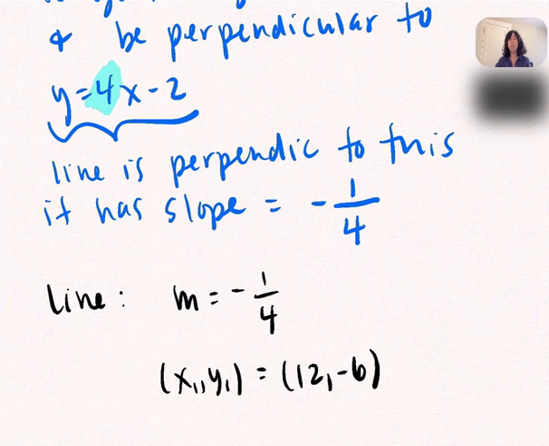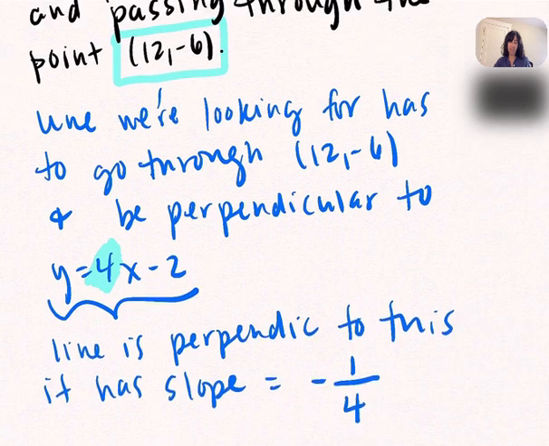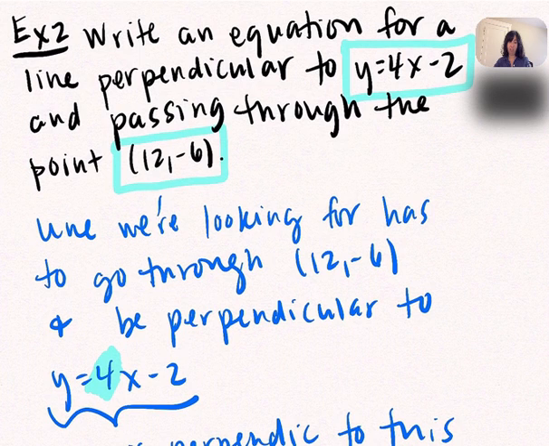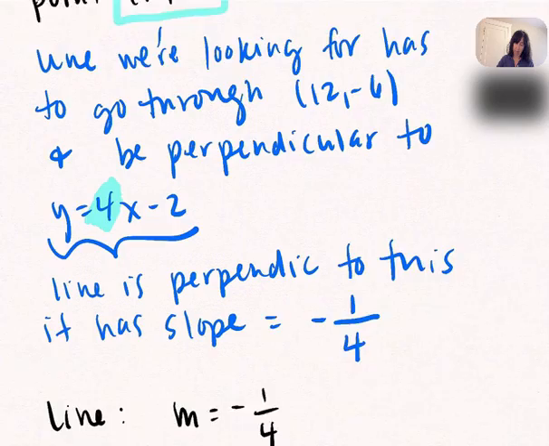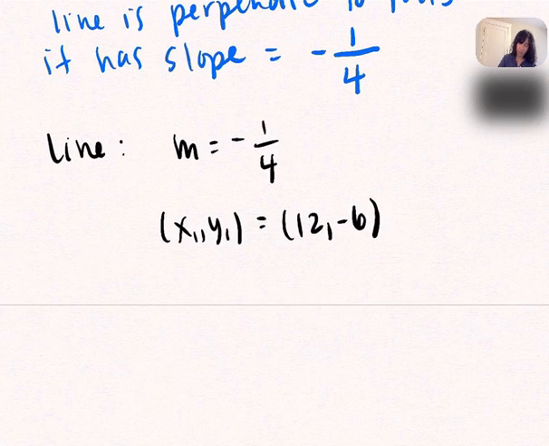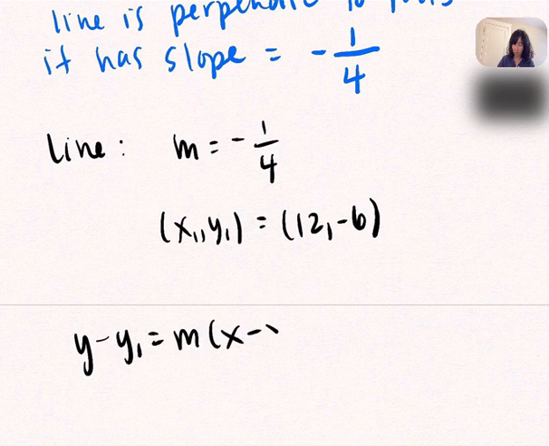If you have the slope of the line and a point that it goes through, that's enough to determine its equation. So let me just summarize. They tell us to find an equation for a line perpendicular to the one given, which tells us that the slope has to be -1 over 4, and going through this point, and this point is going to be our x1, y1. Okay, so we can use this general equation, y minus y1 equals m times x minus x1,